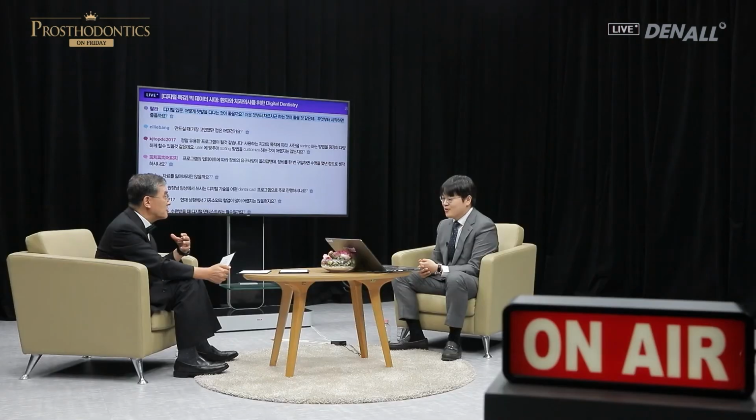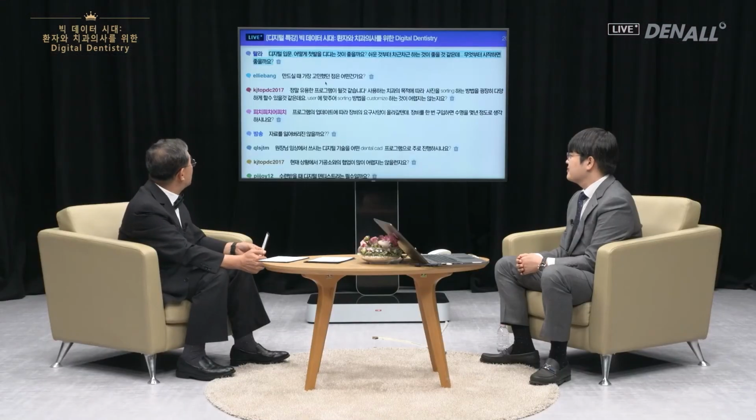Does the lab send you the file if you ask? I think they should. Yes, they send you the file, and if you approve the file, you need to get skilled to give the approval. Then you can get interested in the digital approach. The 3Shape or ExoCAD, the commercial program is rather expensive, but there are free programs available. Next,